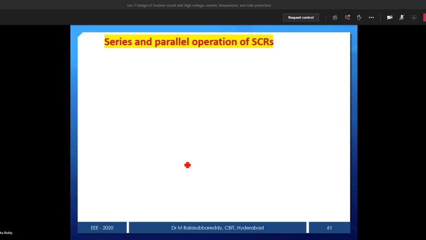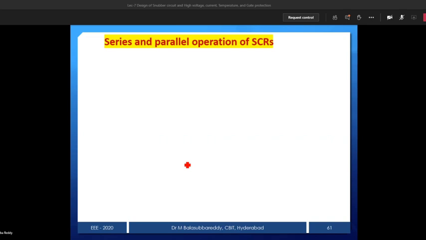Suppose in our machine lab, we do parallel operation of generators or parallel operation of transformers. In Machine 2 lab, one of the experiments is parallel operation of transformers, where 2 transformers are connected in parallel, or 2 alternators in Machine 3. Why are we doing that parallel operation? To meet the current demand. Remember, parallel operation is to meet the load demand. Load is nothing but current, nothing else.